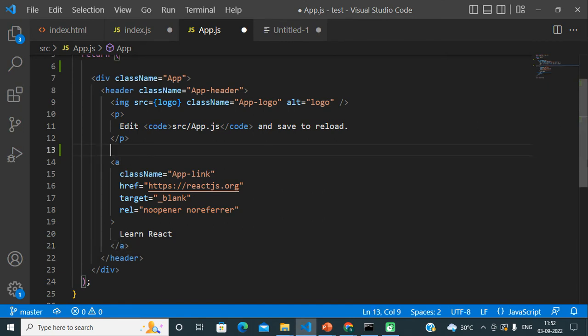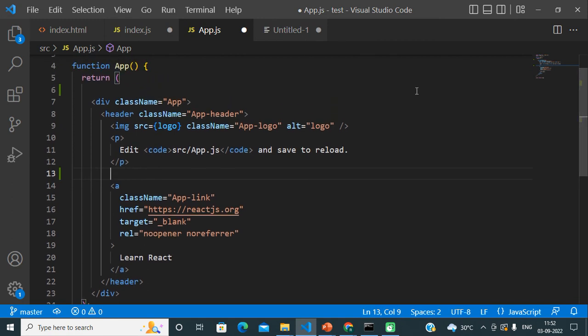Friends, see, this is a JSX file, this is a JavaScript file, and inside of the JavaScript function we are writing HTML. So we can also write another JavaScript expression or any JavaScript code in this HTML as well. Okay, and for doing that we need to use simply these starting and closing curly braces.